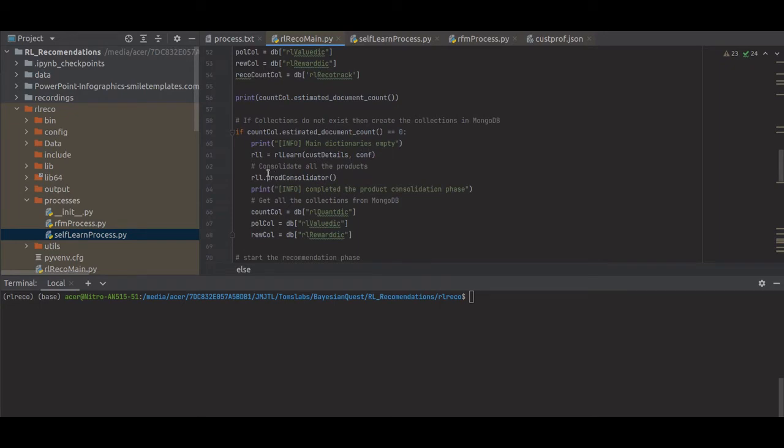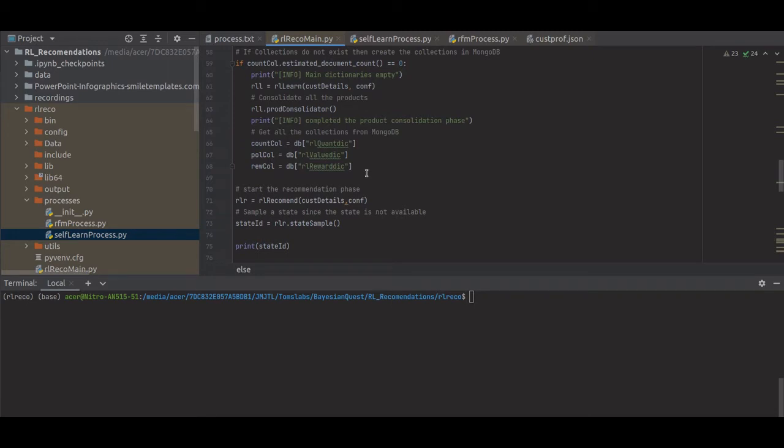This prod consolidator initializes all those dictionaries and dumps them into MongoDB, and so this completes that process. All the data is dumped into MongoDB, and once it is dumped, we collect those details from MongoDB in these 3 lines, 66 to 68.